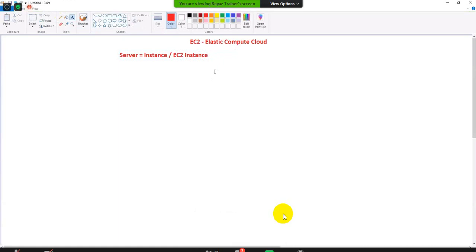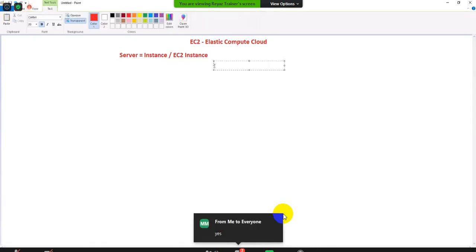Right? Where do we create instances? In EC2. Where do we create our servers? Guys, remember, whenever someone asks, hey, where do you create servers in AWS, you say EC2. EC2 is a service where you can go and create instances. How big the instances you want, you go and create. How many you want, you go and create. Those instances are nothing but virtual machines, right? So simply in EC2 service,